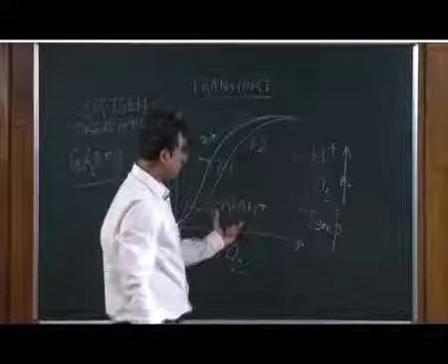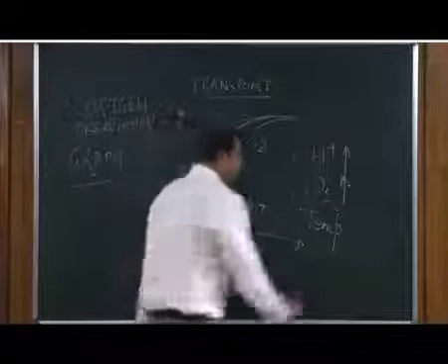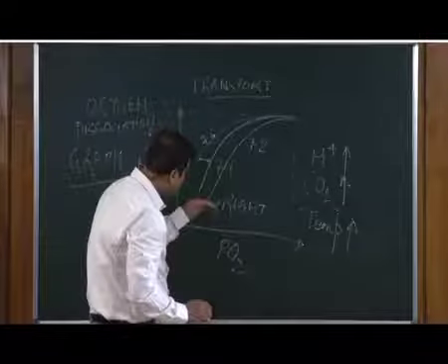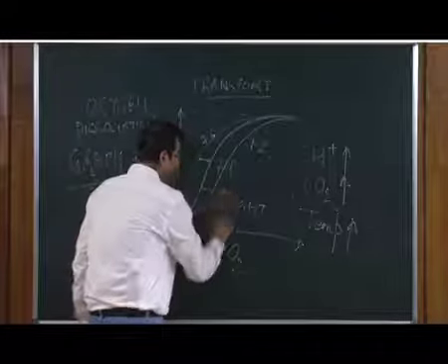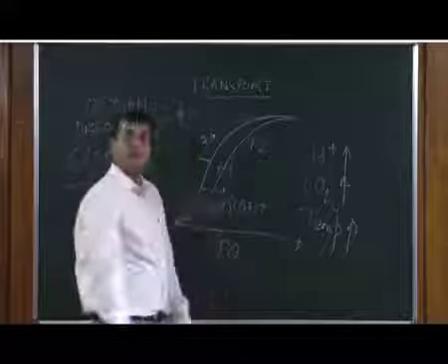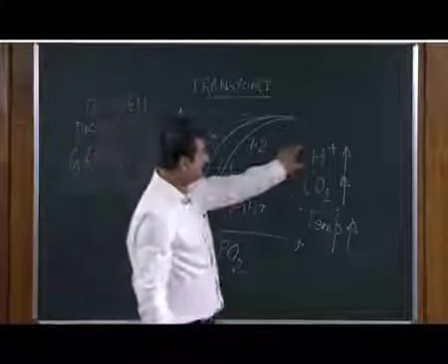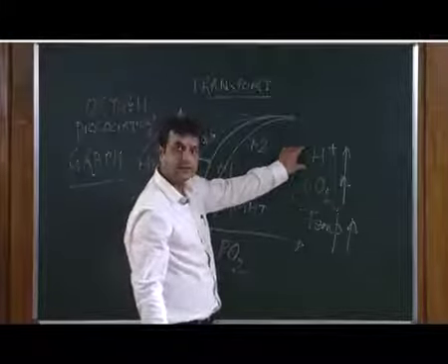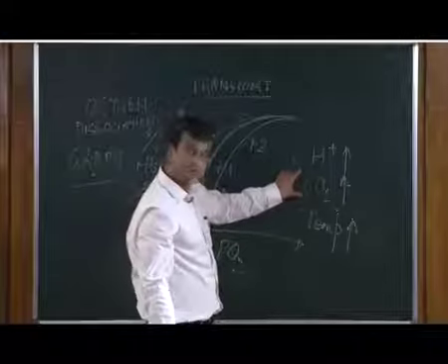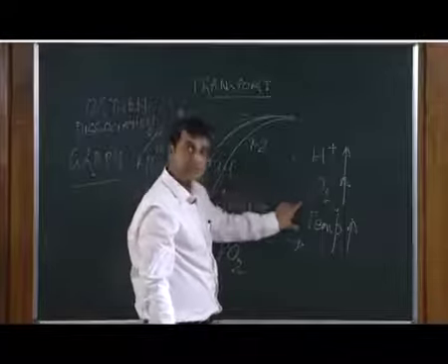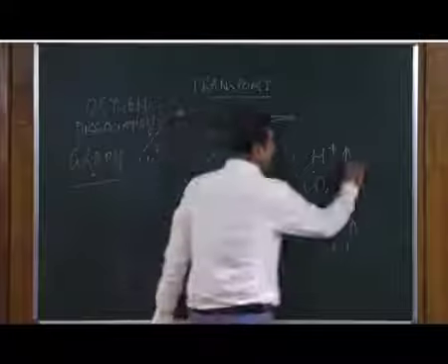So, temperature also plays a very important role. If the temperature is very high, then the whole graph is shifted towards the right side. This right shifting phenomenon is very common when we have a high concentration of H plus, that means acidic pH, if we have more CO2 concentration and more temperature. These three conditions are quite common